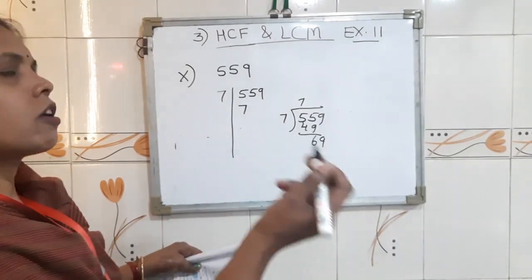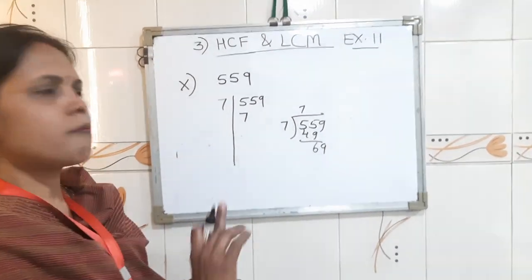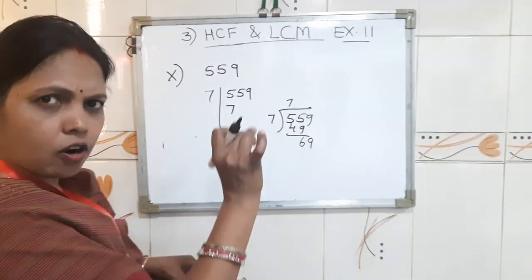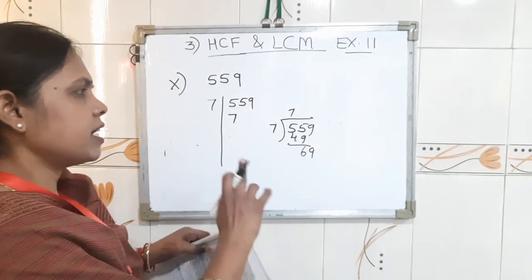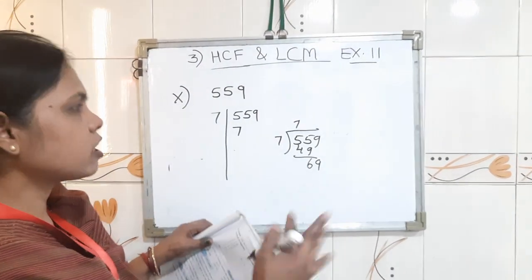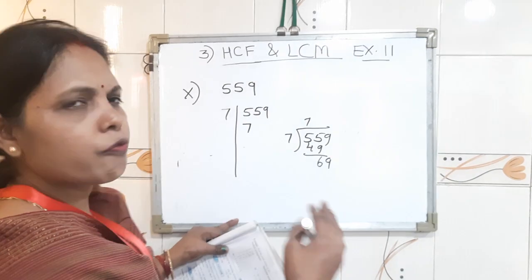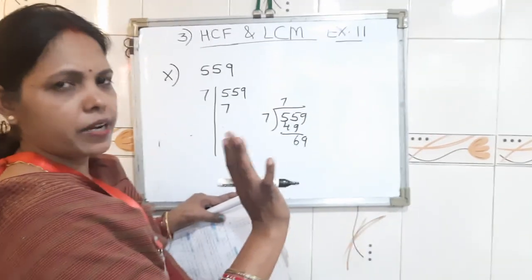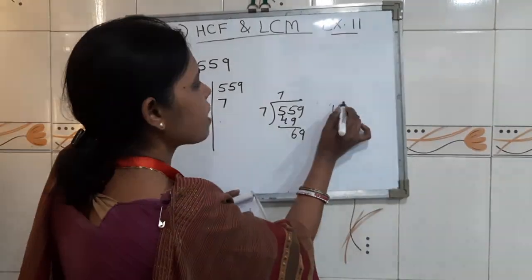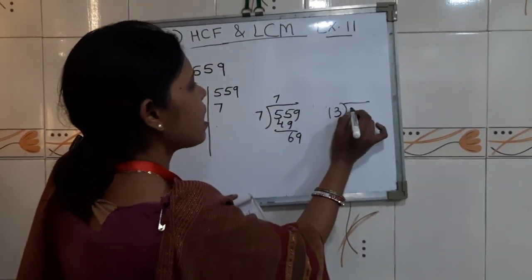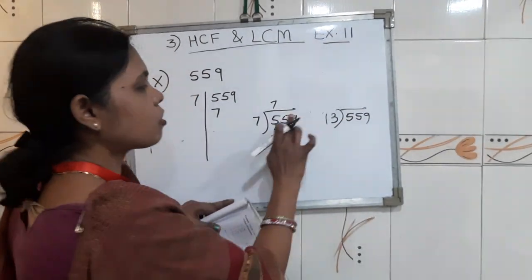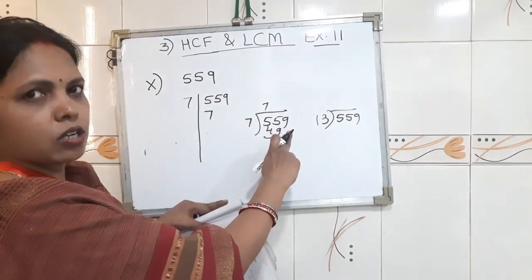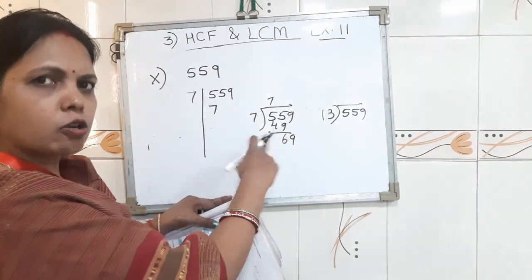We will try for our next number, that is 8. By 8 also it will not divide. First we will try for division form, 9, then 10, like this way. Now directly we will move to 11. 11 also will not divide. 11 5s are 55, 9 will remain. Then next number, that is 12. 12 also will not divide because 12 5s are 60 and it is less than that also. Means it will not divide by 12 also.